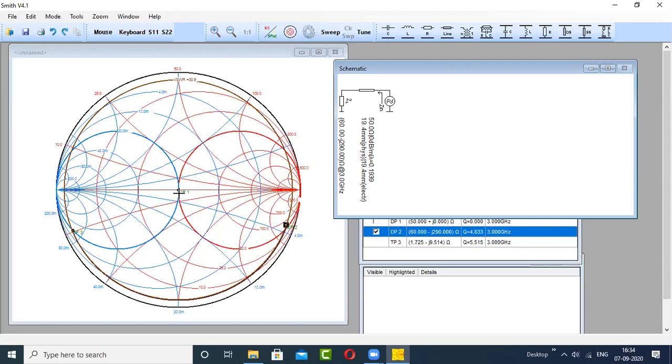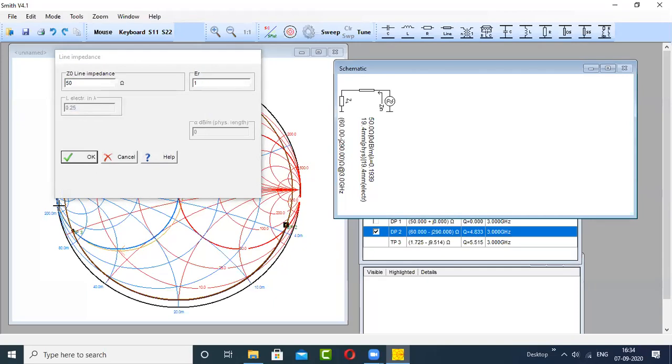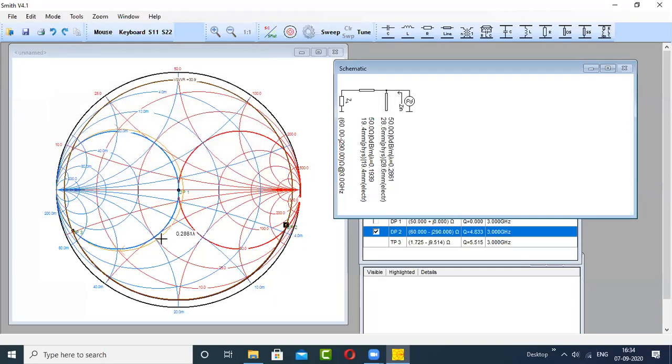When you're moving to the center of the Smith chart, I have already repeated twice that the imaginary component should be 0. But when you're intersecting this unity conductance circle, there is some imaginary component, and that will be cancelled out with the help of the open circuited stub. So I will add the stub, an open circuited stub, let it be 50 ohm only.